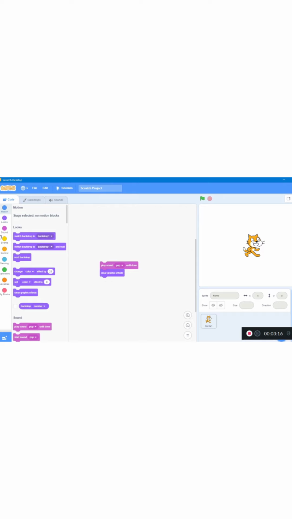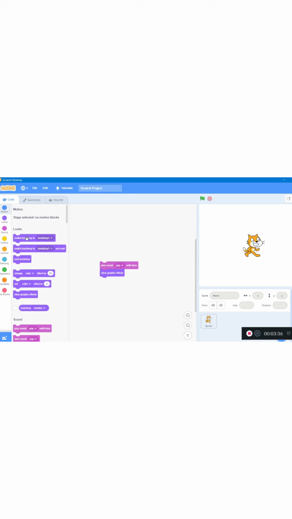These are the main blocks, which are represented with different colors, like the motion block is represented with blue, the looks block is represented with purple, and so on. Now we will learn about the different shapes of blocks which come under these main blocks.